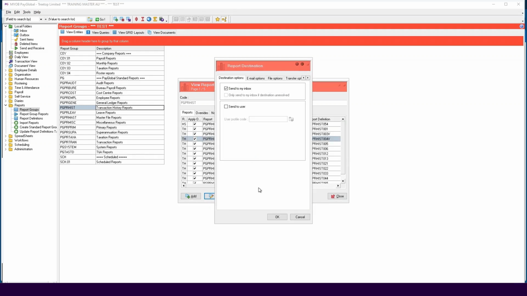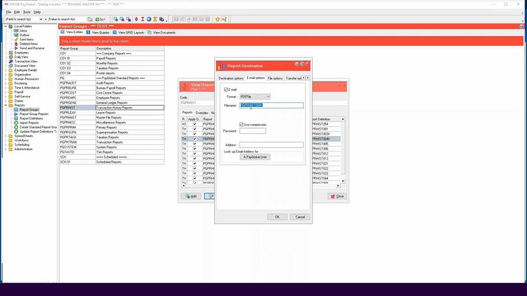On the Destination Options tab, the Send to Inbox may be selected. You can unselect this if you do not want to send the report to the PayGlobal inbox. On the Email Options tab, you can send the report via email to an email address or to multiple email addresses. To activate this option, tick Email and select the format you want to send the report as, for example, PDF.